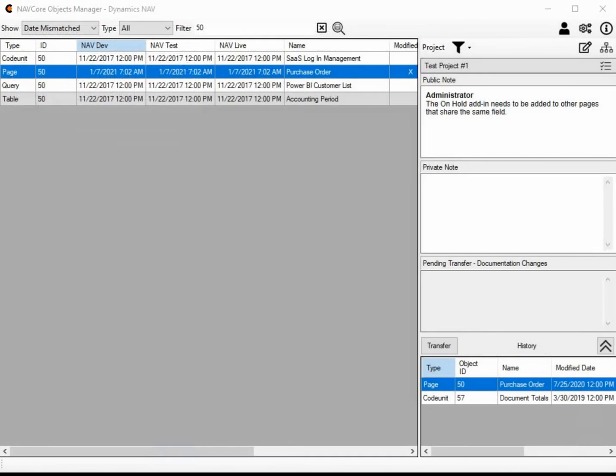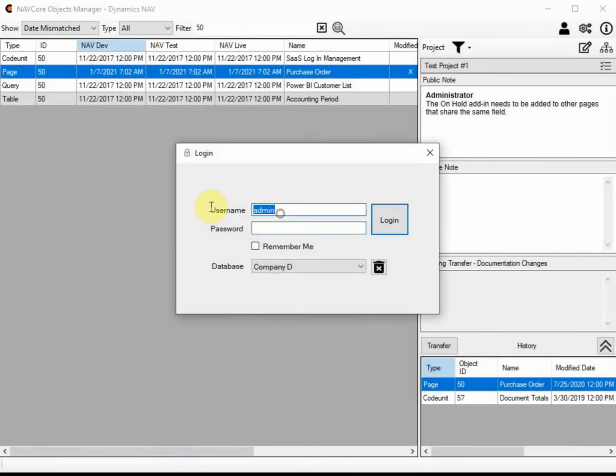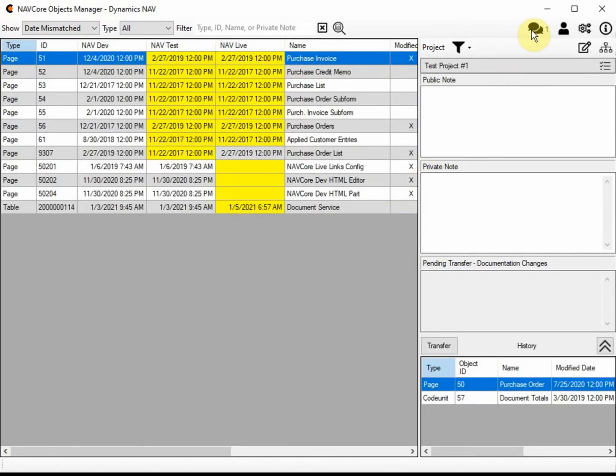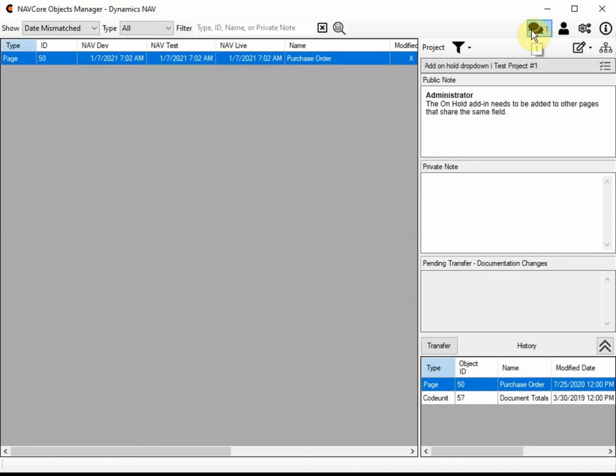Now let's log in as Tony. When Tony logs in, because he's part of a project that has new collaboration comments he has not yet read, a comment button will appear. When Tony clicks on the comment button, the application will filter to the projects that have comments that he has not yet read. When an object has only one project associated, the edit button will open the project directly.